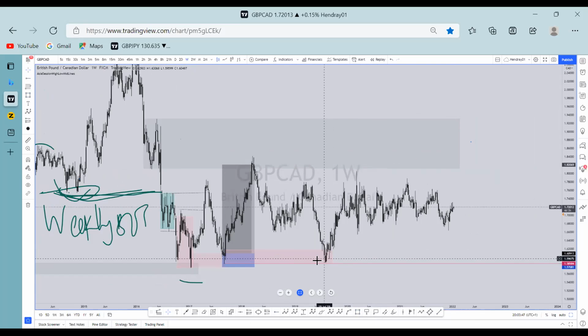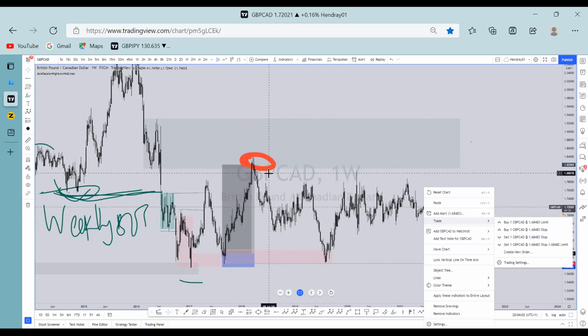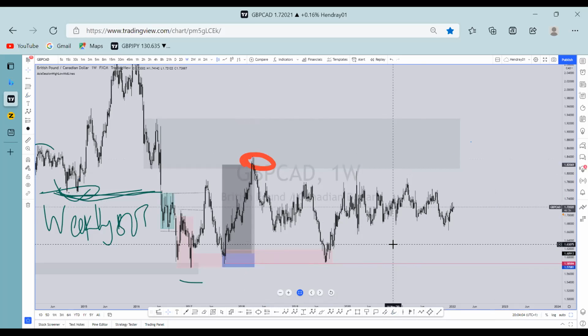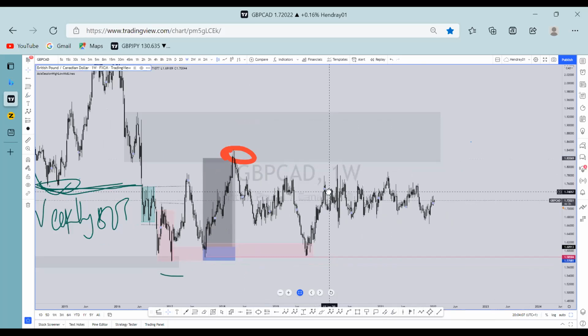So in as much as it respects the demand, it means that this high for now, by the time we'll be talking about strong high, strong low, is a weak high. This high that you see here is weak. Price will come and raid it sooner or later. Price will raid it. And when I teach you strong high, strong low, you will understand that this high has been confirmed to be weak, because a high or low is not confirmed to be weak just because it didn't break something, but it's confirmed to be weak the moment it didn't respect the last